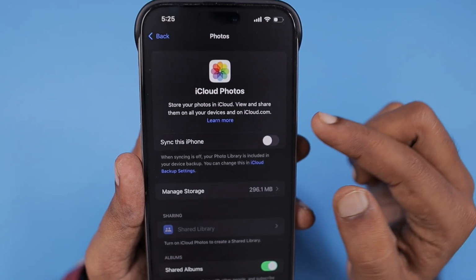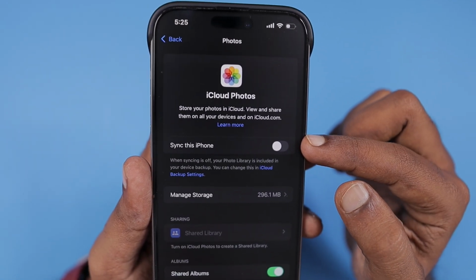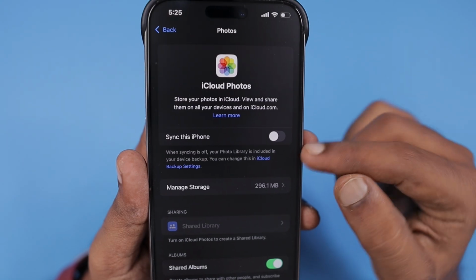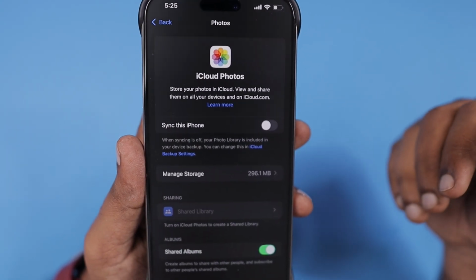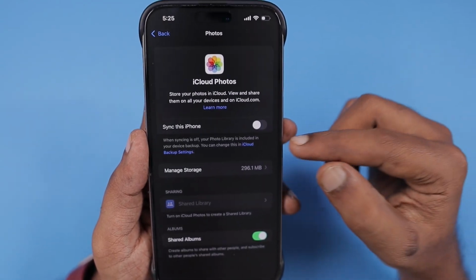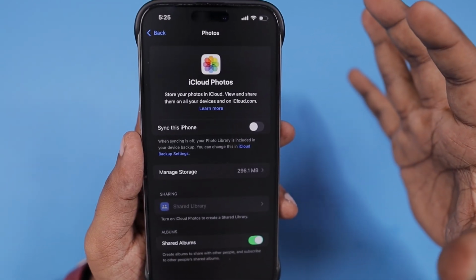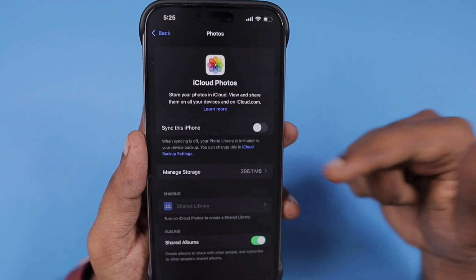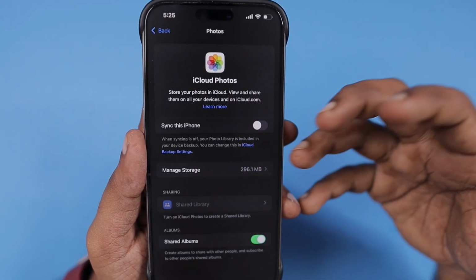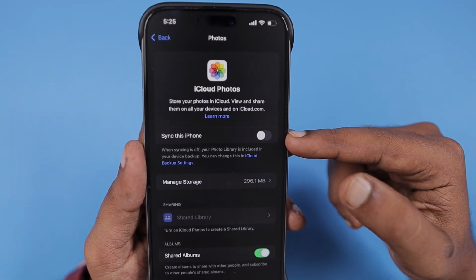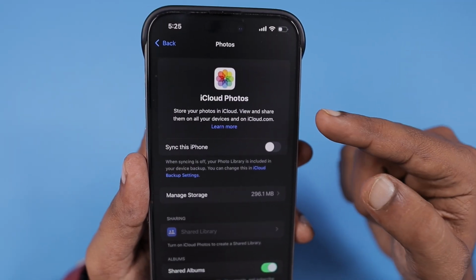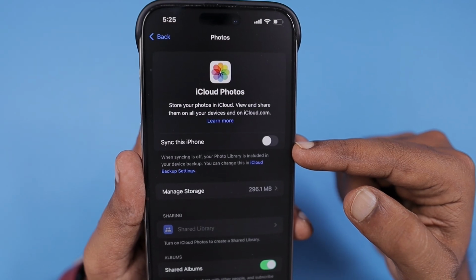Without knowledge, if you're using the iCloud photos, then you may review whether you want to use this feature or you just want to maintain the copy locally and you want to take a local backup using your computer photos application. Either Windows or Mac, you can use the local sync feature to download and store it in your local SSDs or any other cloud services like Google Drive or any other cloud storage services. So in such cases, if you don't want to go for the paid plan, you can turn off this toggle,